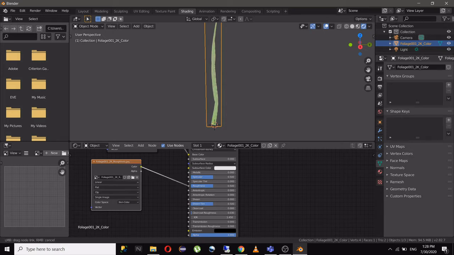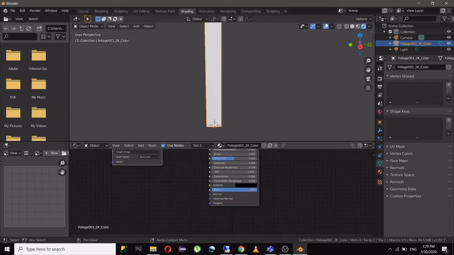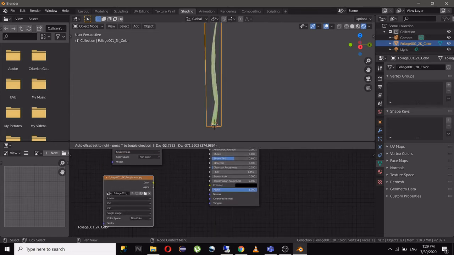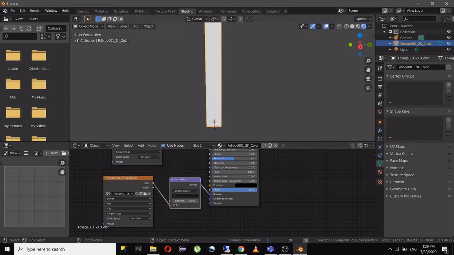Select this non-color and put it in roughness, and same we will do for normal. Add a normal map and connect it to normal.